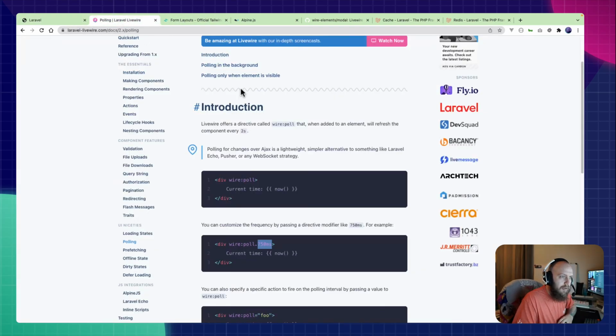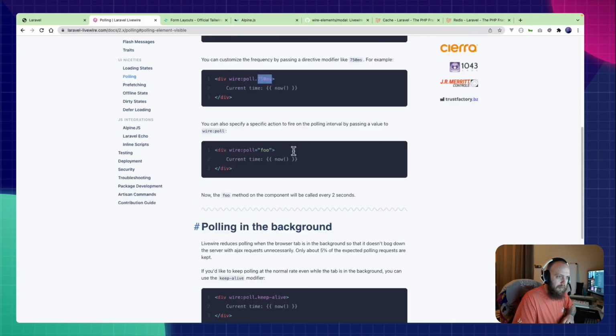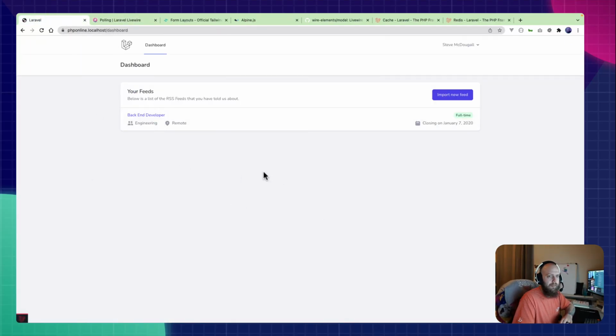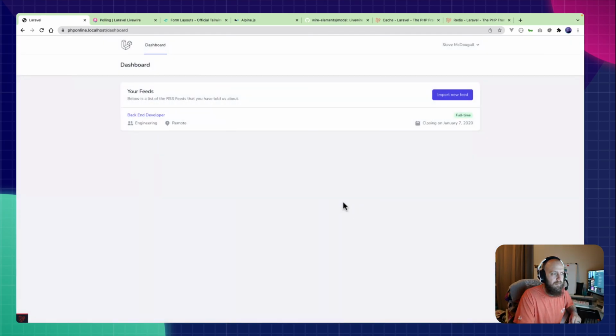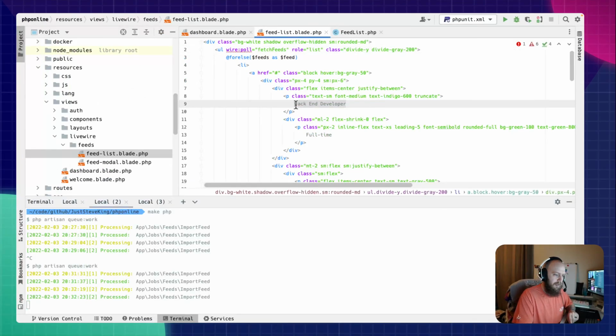So, polling in the background. Stuff I can polish up. So, test it again. Have our news. Import feed. And there it is. So what I want to do is here